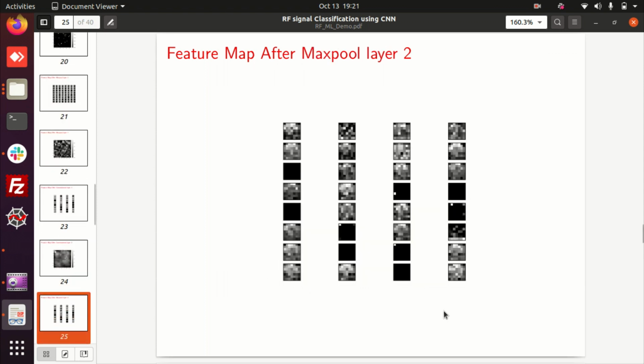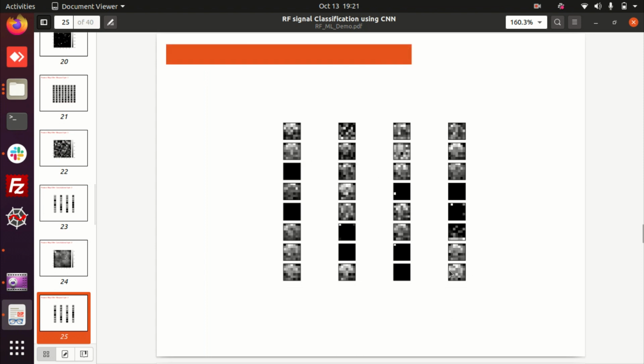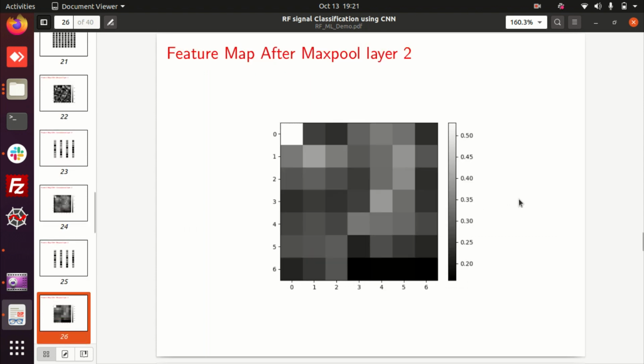Now the second stage max pool layer, you are using the same number of filters. So 32, 8 into 4, 8 rows into 4 columns, 32 filters. The first filter image I am taking. So this is the second stage downsampling. Now 14 divided by 2, 7. So you are getting 7 cross 7, the corresponding grayscale values.